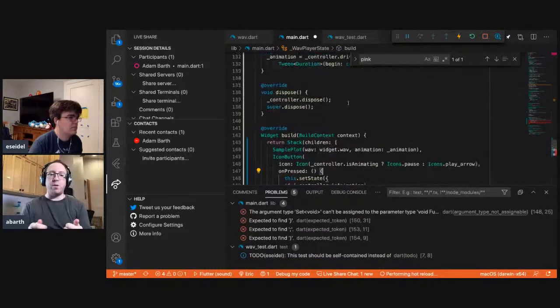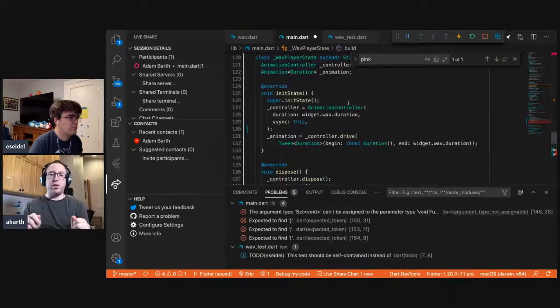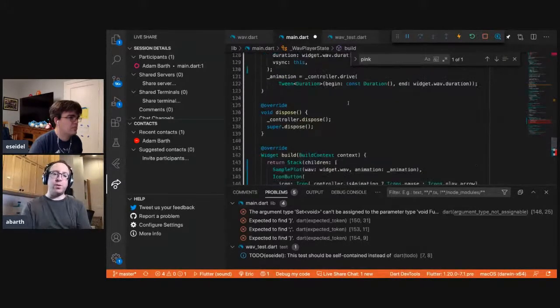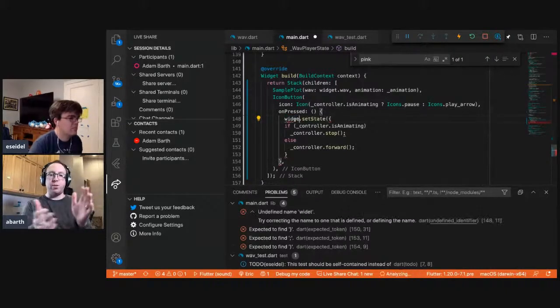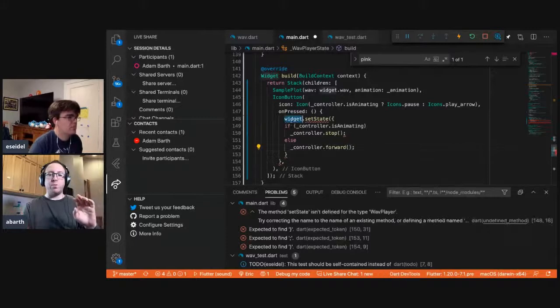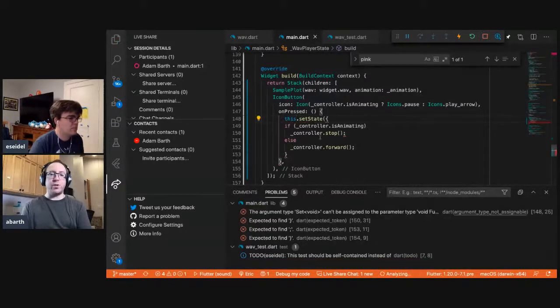Something changes about the inputs to that function. You need to tell Flutter, hey, something changed about the inputs. And then Flutter will call your build method again. You'll build a bunch more widgets. And then Flutter will compare the widgets you built last time to the widgets you're building this time and compute a diff between them. And then use that diff to figure out what to actually update on the screen.